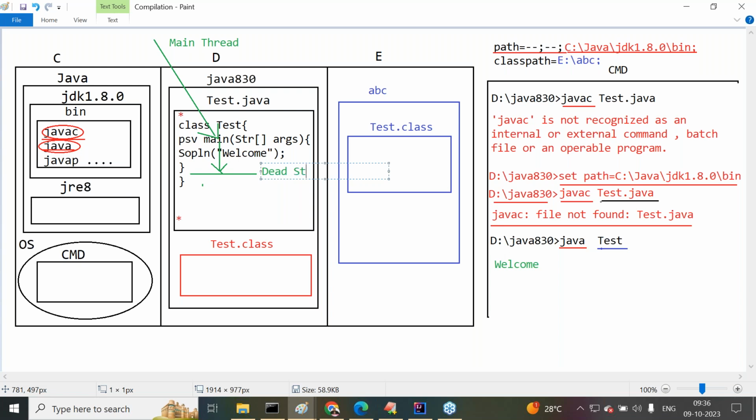Dead state. The thread is in destroyed mode. That thread will be destroyed and come to the dead state. When the main thread, the main flow of execution, is in dead state, JVM will understand it. Program execution is completed. Then immediately JVM will stop all of its internal processes which are assigned for this program